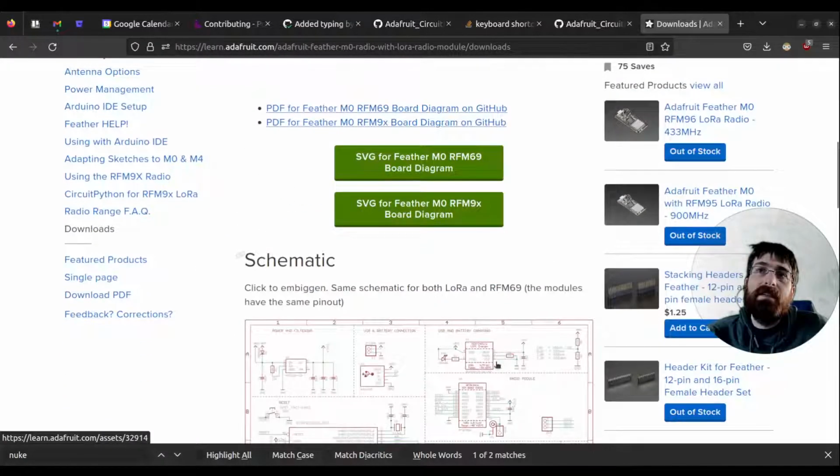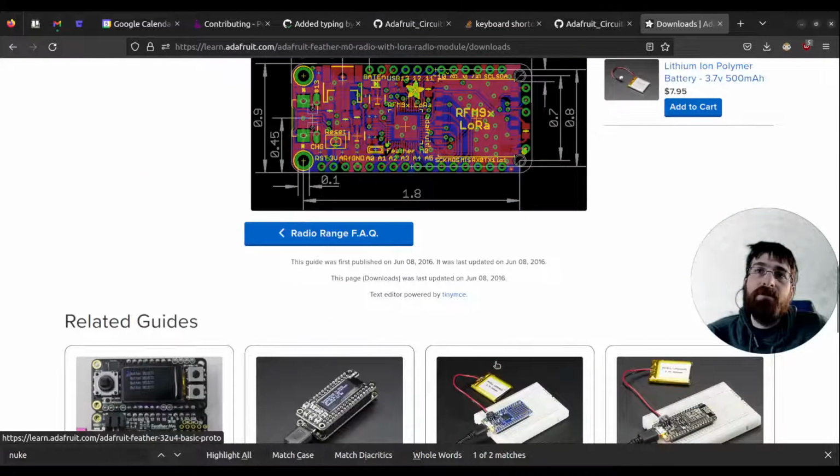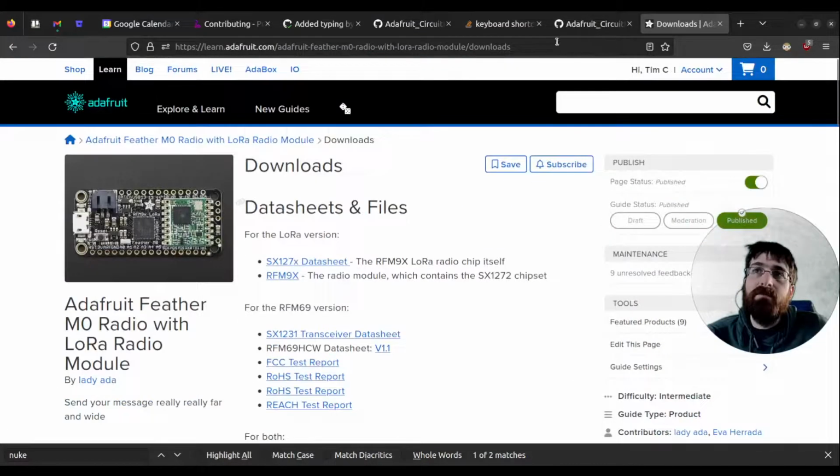Yeah, I don't know if you could use the RP2040 or if that's specific, or